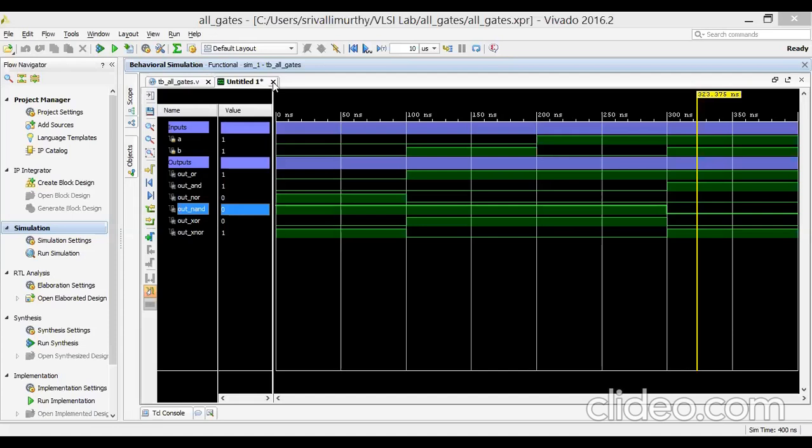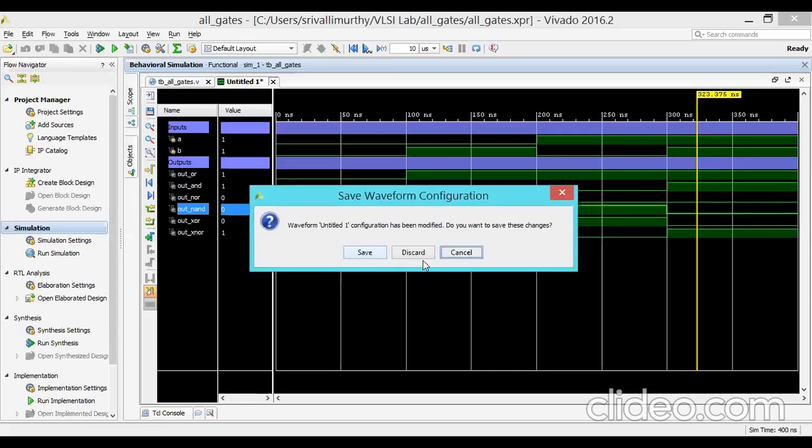Just for now, I'm closing this, discarding this.